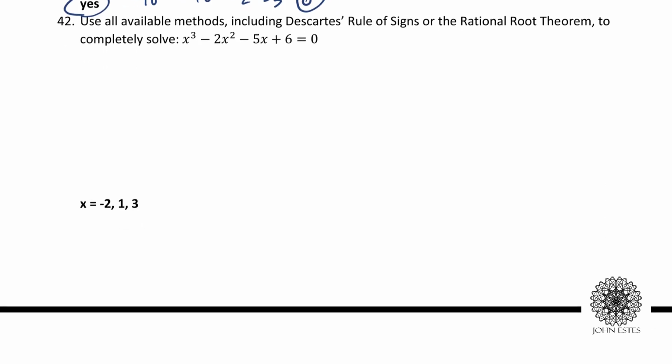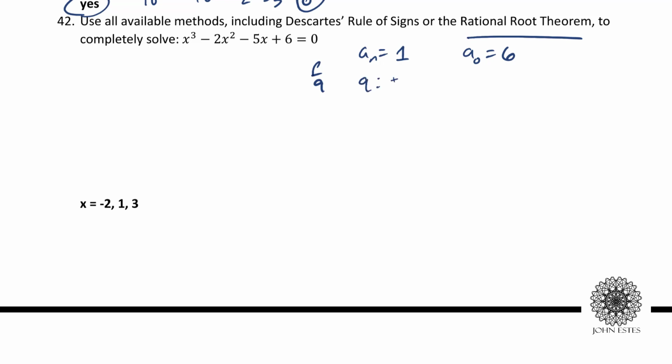Use all available methods, including Descartes' rule of signs and the rational root theorem, to completely solve this equation. All right, now if you notice, we can't factor this guy by grouping or greatest common factor, so we have to move on to more sophisticated methods. I'm going to use the rational root theorem. The rational root theorem says that if I take here what I call a sub n, that's the leading coefficient, which is 1, and the constant coefficient, which is 6, if I have a rational root that's p over q, then I know that q has to divide